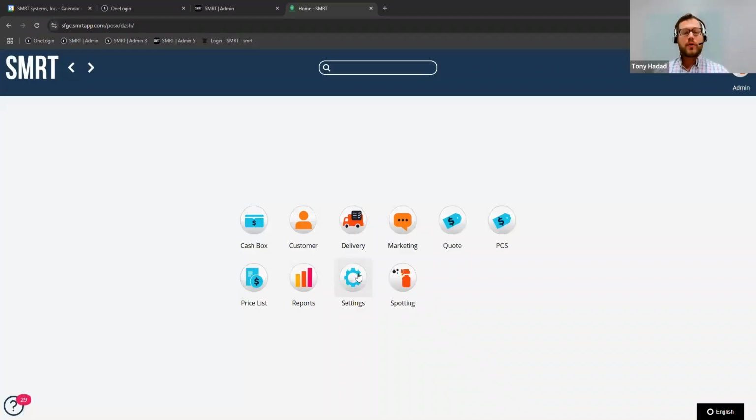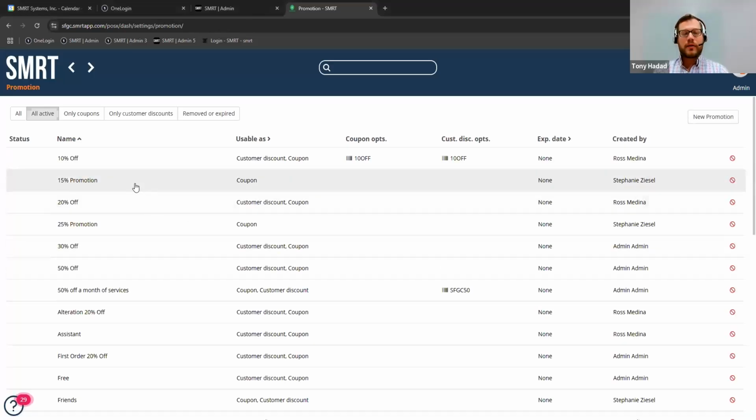The reason that it doesn't allow both of them on there is because it auto applies based on what type of order it is. Now you can do that for certain instances. Let's say you're running a comfort promotion and a dry cleaning promotion. Then those are two completely separate promotions that you can make combinable together.